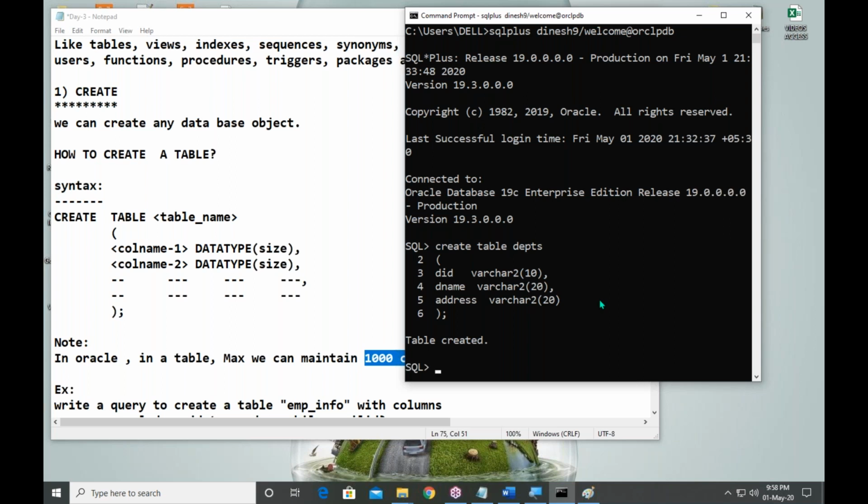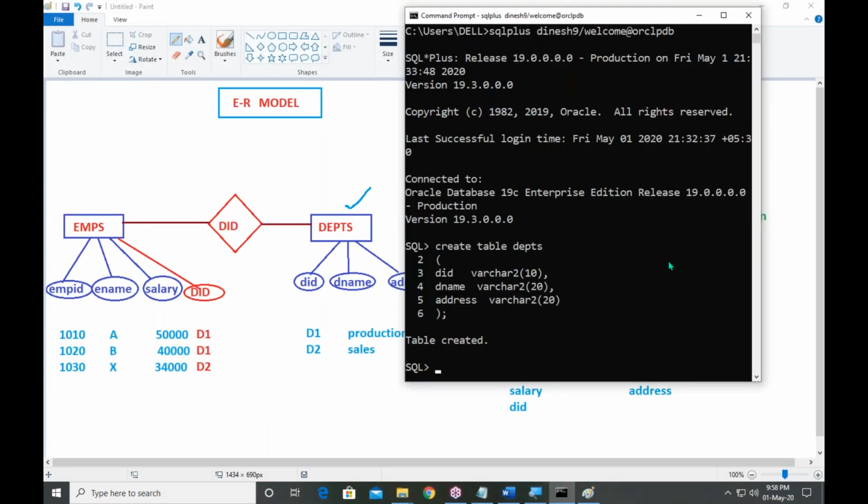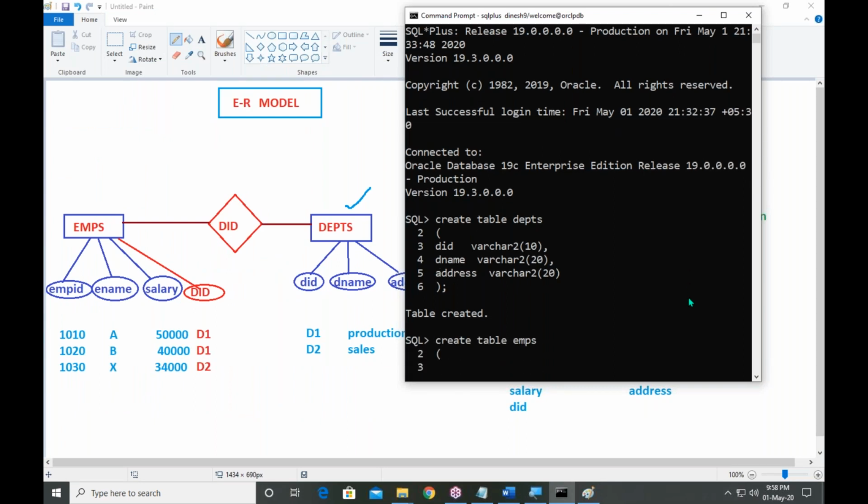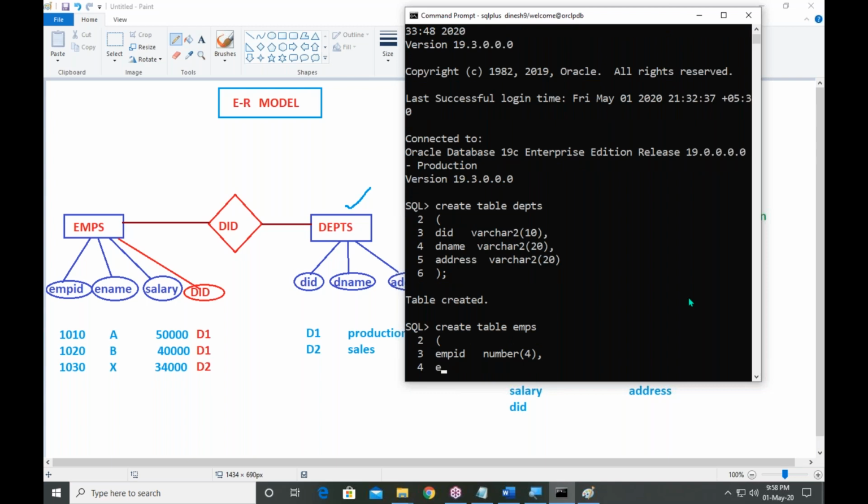Similarly, you can also create an employee table. How to create employee table? Create table EMPS. What is the first column? EMPID, number of 4. Next, employee name, varchar2 of 20.